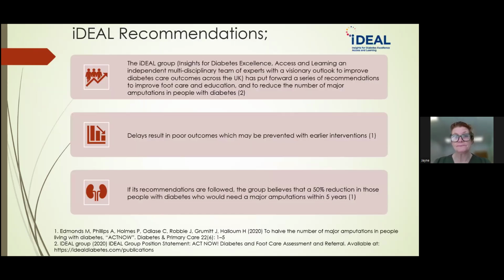of an amputation. So with another group within which I sit, called the IDEAL group, and IDEAL is the Insights for Diabetes Excellence, Access and Learning. And they're an independent multidisciplinary team of experts who have an outlook to improve diabetes care across the UK. And they put forward a series of recommendations in the late 2019 and into 2020 to improve foot care and education for people with diabetes in order to reduce the increasing